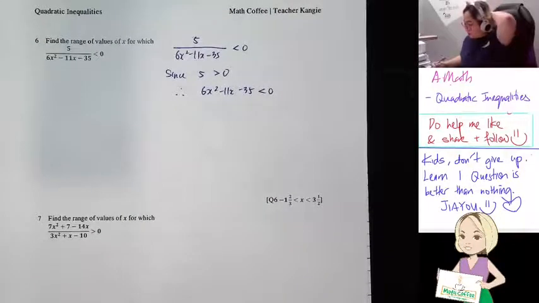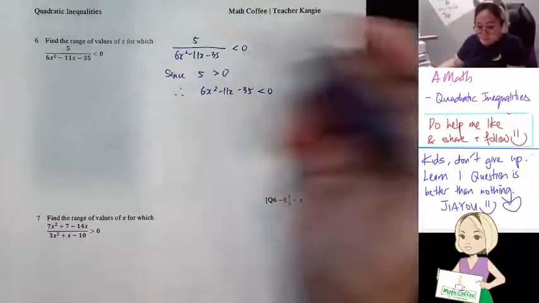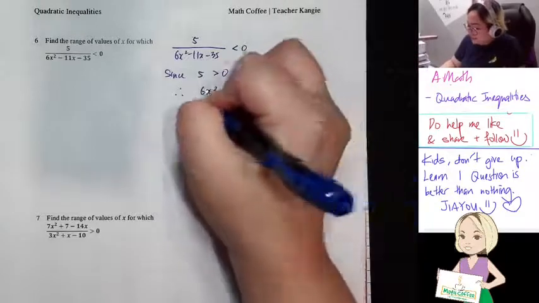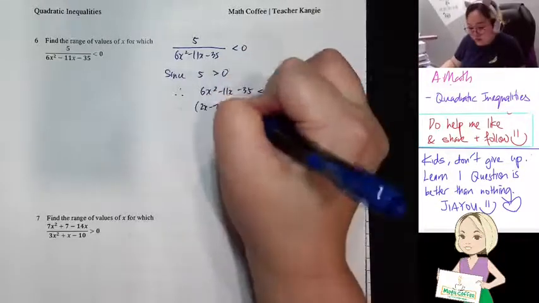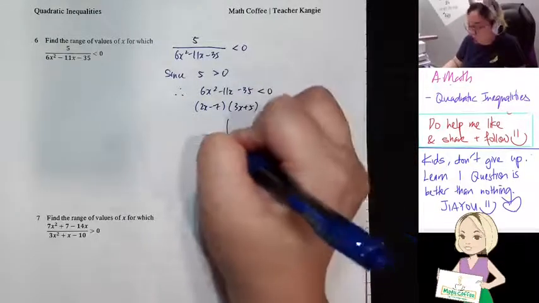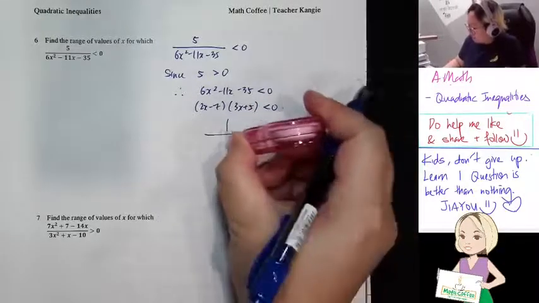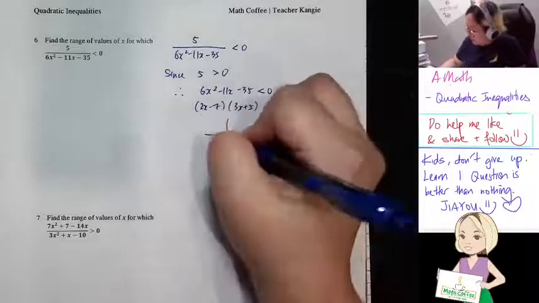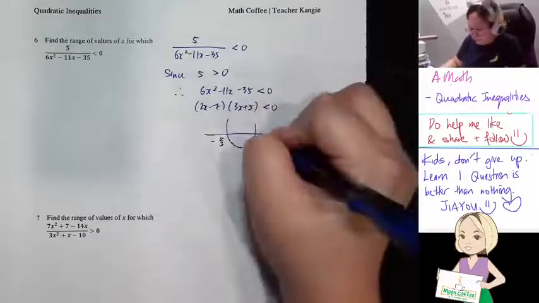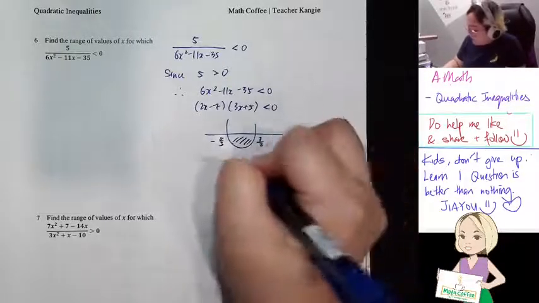What thing x minus 1? Yes, this question is a tricky one. Next, factorize this. So we will have 2x minus 7 and 3x plus 5 less than 0. Same thing, draw your diagram, put in the numbers. So we have minus 5 over 3. Wait, sorry, my handwriting. So we will have minus 5 over 3. We will have 7 over 2 here. So you end up having x is between